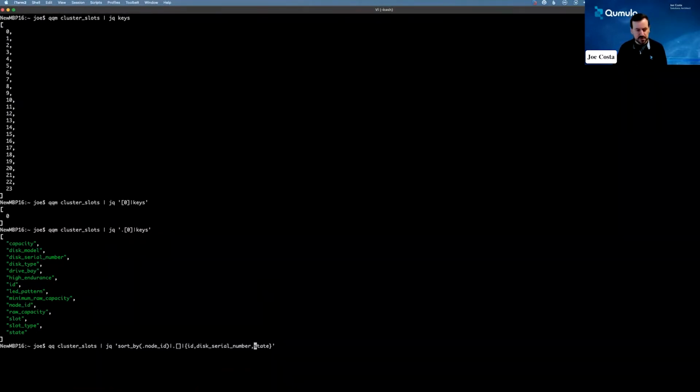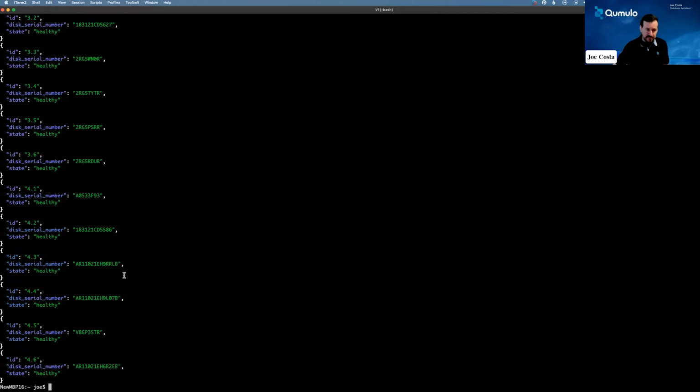So what this would do, I got to specify the cluster I'm talking to. I'm going to sort by node ID. It's really unnecessary. I don't need to do this. I'm actually going to remove this from here because I don't need to sort, because this output is already sorted. So I want to pull the ID, the disk serial number, and the state. So this is going to return the state of all my disks